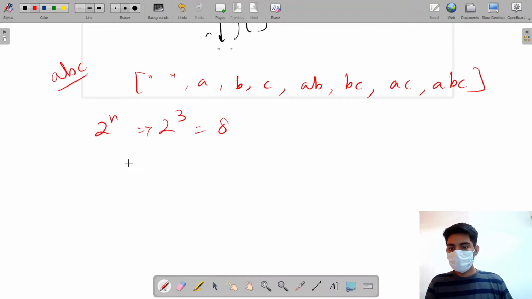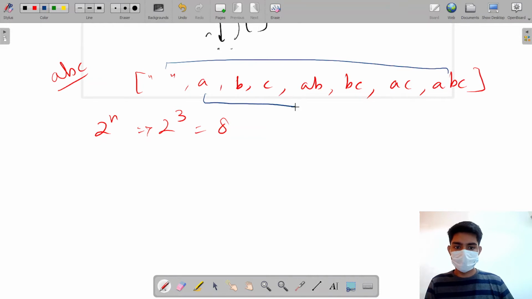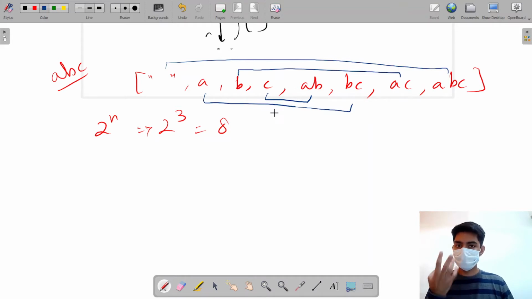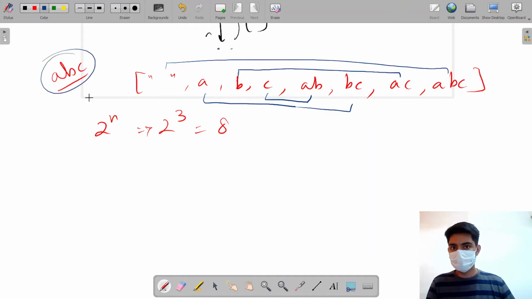Now let's calculate the number of characters. Let's pair these up. A will be paired with BC, B will be paired with AC, and C will be paired with AB.